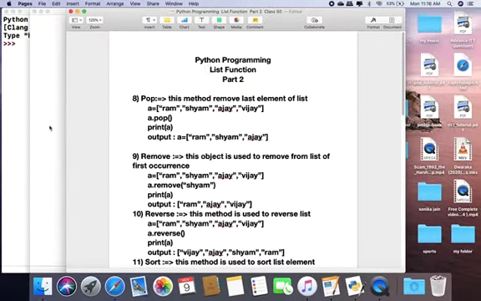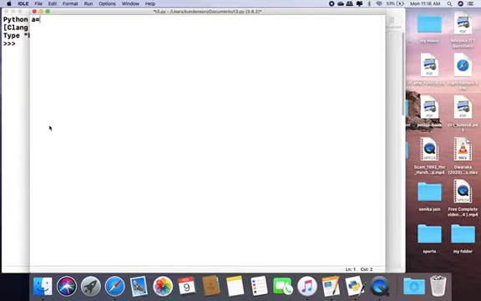So we can try this in Python. A equal to, I create a list: Ram, Sham, Ajay and Vijay. So we have the following elements.